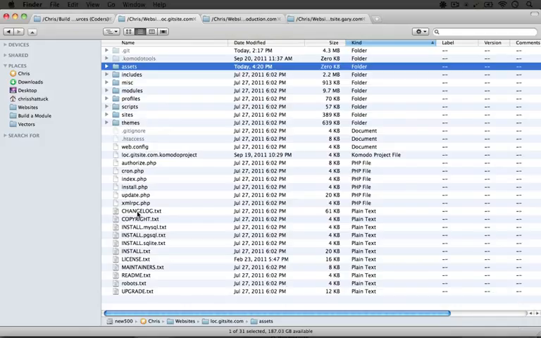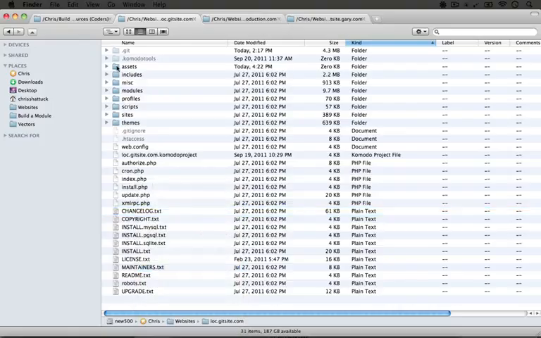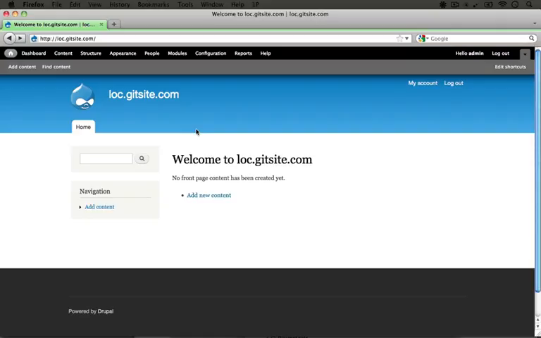Now what we're going to do is prevent access to this folder by adding an htaccess file, but let's go ahead and add a file to this folder just so we can test to make sure that it's not accessible. So let's go ahead and copy over the changelog file. I'm just going to copy it and paste it inside of the assets folder.